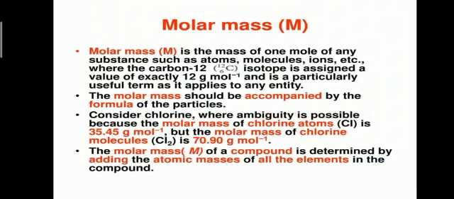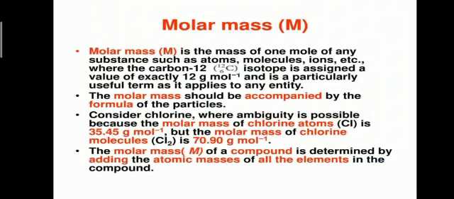Molecular mass is the sum of the relative atomic masses of all the atoms present in the molecule. For example, in water there are three atoms, that is, two of hydrogen and one of oxygen. You have to calculate the mass of all the atoms. So, molecular mass of a substance can be calculated by adding relative atomic masses of all the atoms in one